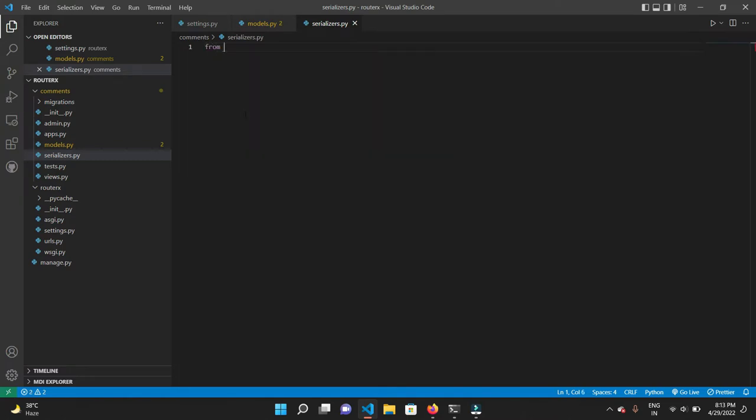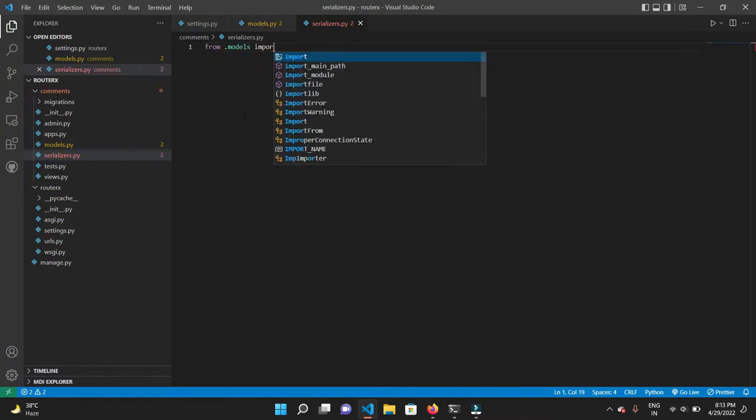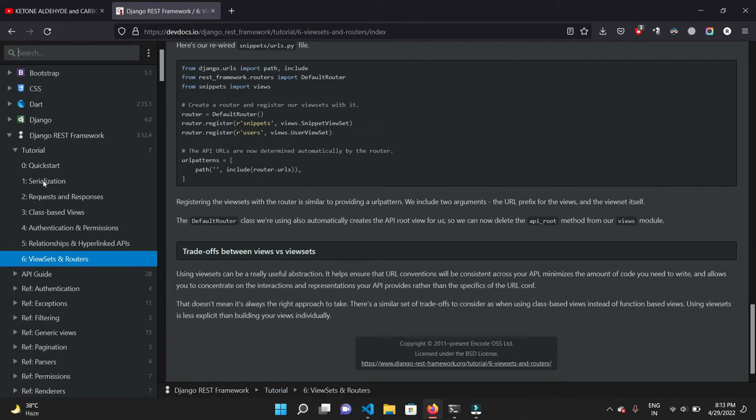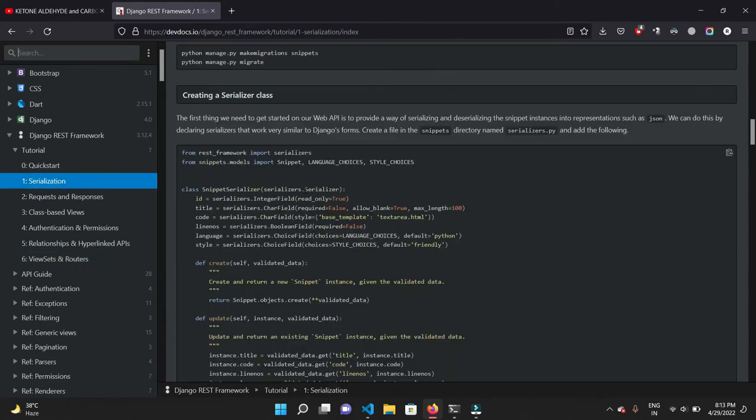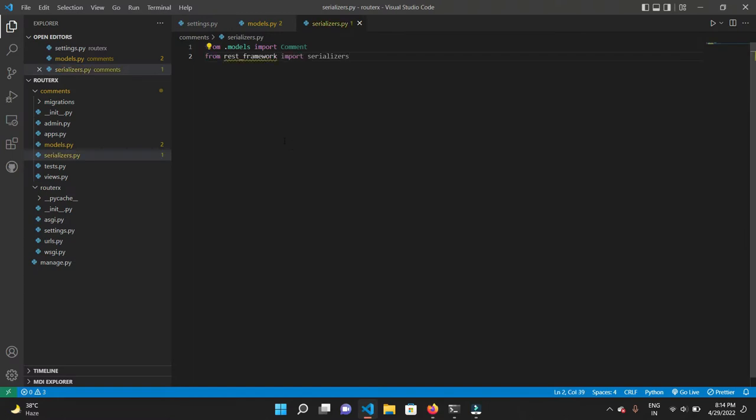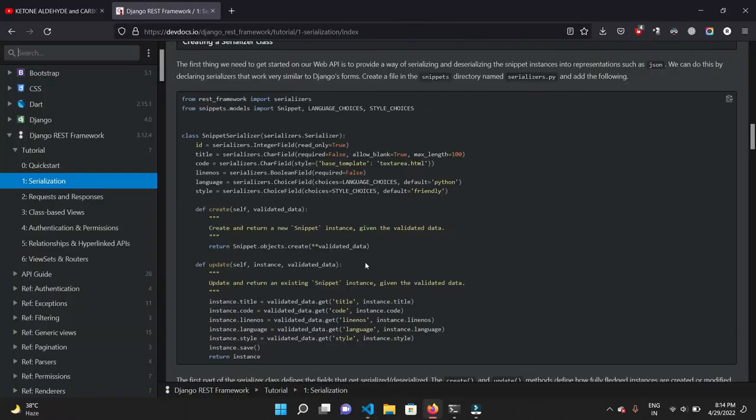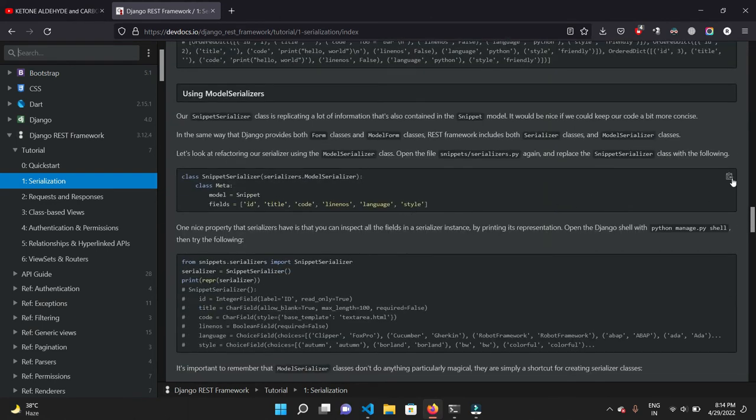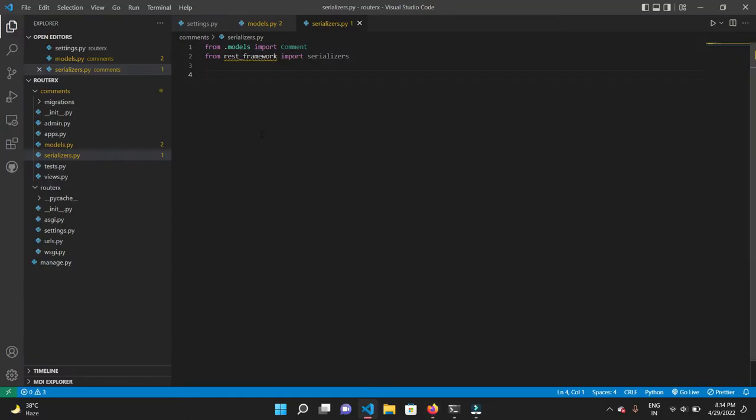So let's first import our model comment and then serializer. Let's just copy paste it to save our time. So what do we get here? This line of code from rest_framework import serializers, and then let's copy the code for the serializer that is defined here. I can write it as it is because I know it, but I'm using the documentation just to show that everything is written there. So that is how a serializer is defined. You must be knowing. So let's make it our comment serializer,